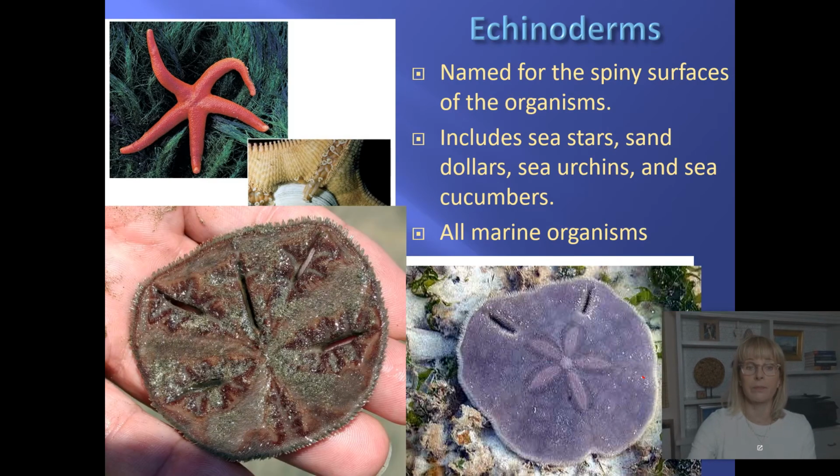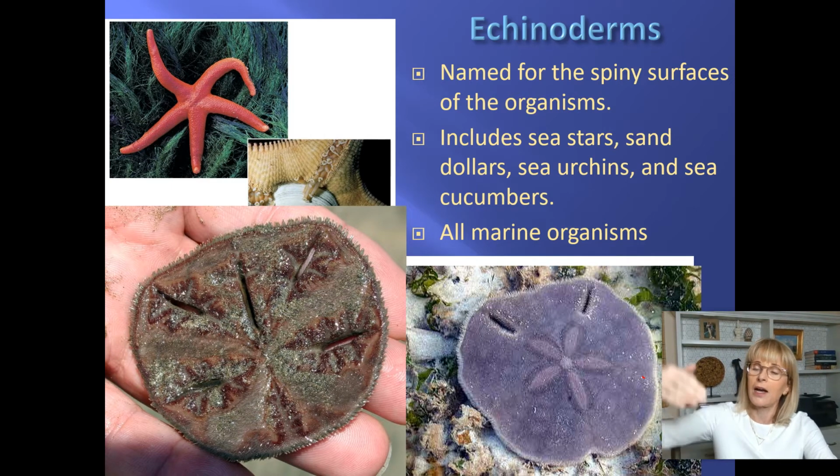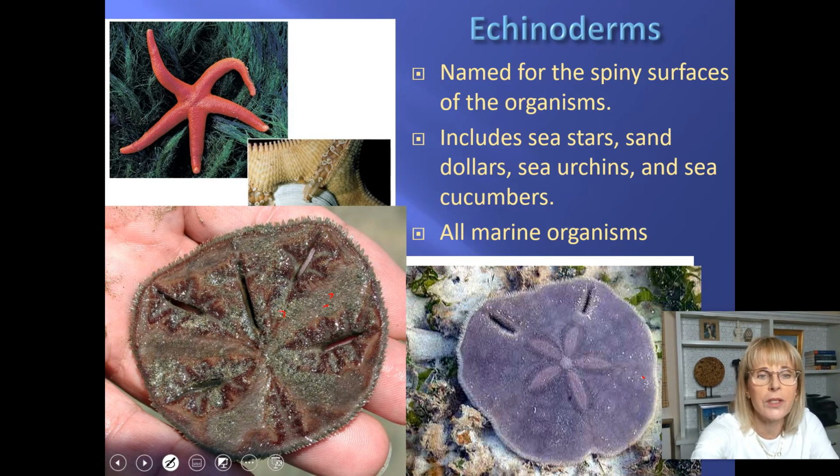So remember that the reason these guys are in this section instead of back when we were doing the jellyfish is because these things are deuterostomes. And deuterostomes makes them closer on the evolutionary tree of life to us than anything else that we've studied so far. Sand dollars wedge themselves in the sand, and they are covered with little tiny moving feet-like things